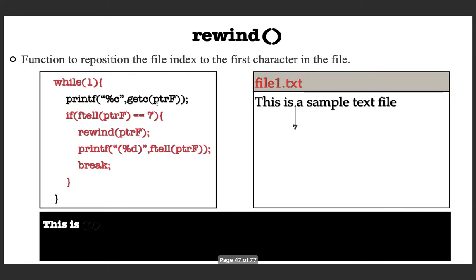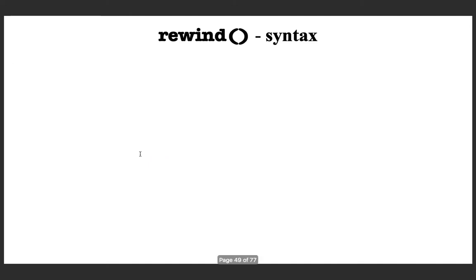Then you come to position 7, and now this check is true, and hence you do a rewind. Rewind will take you to the 0th position, and if you proceed, you will print 0 within parentheses. So this is a simple function to understand.